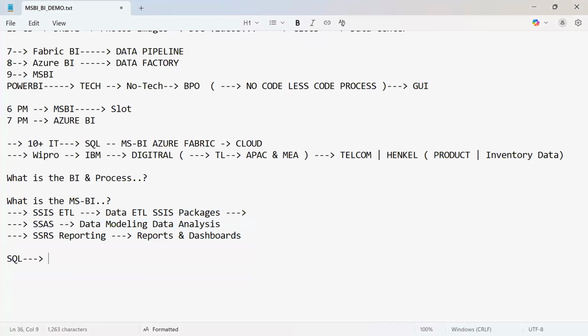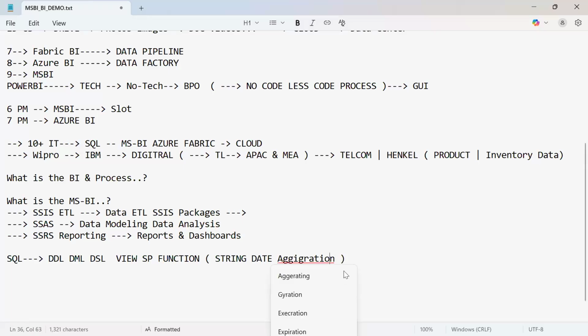I am definitely going to cover it, but you need to know what DDL commands, DML commands, and data select language are, what views are, what a basic procedure is, what functions are. Inside functions there are string functions, date and time functions, and group by, which we call aggregation functions. These are the basic things required to start this course.